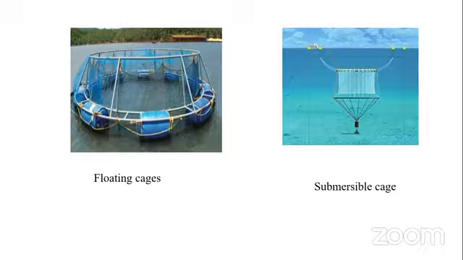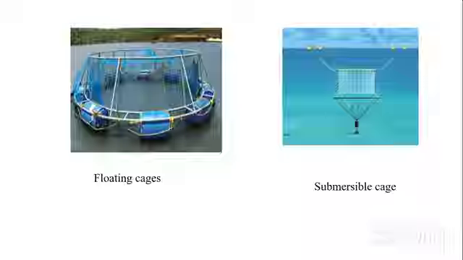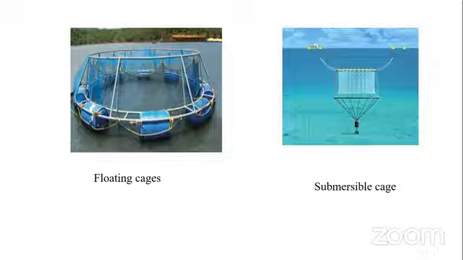And the floating cages, as the water level goes high during the monsoon season, the cages also come to the surface, leaving the cage, the meshes, inside the water body. The submersible, as you can see, is completely underwater. Whereas in a floating cage, the drums are just on the surface of water, but the whole cage of mesh nets is hanging under the water.